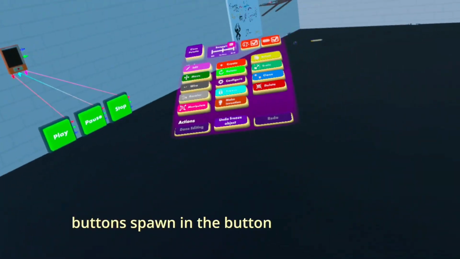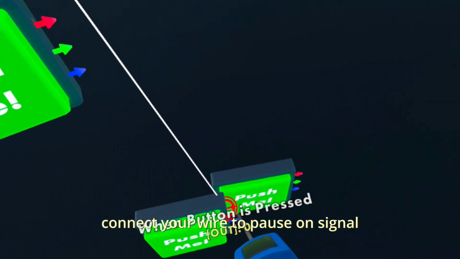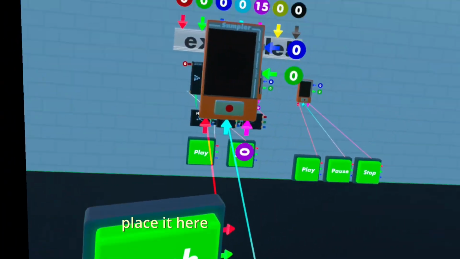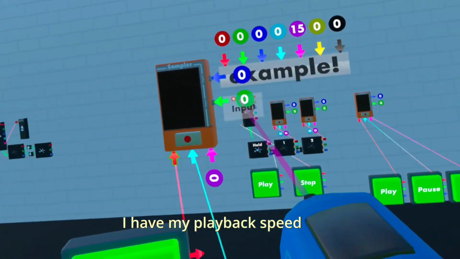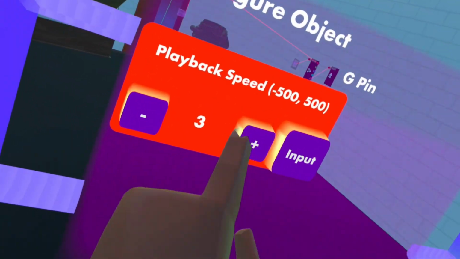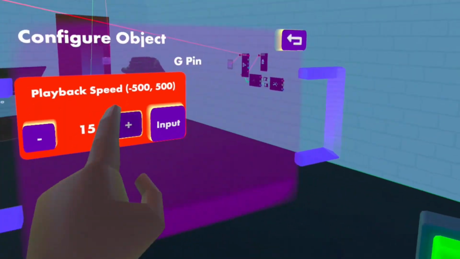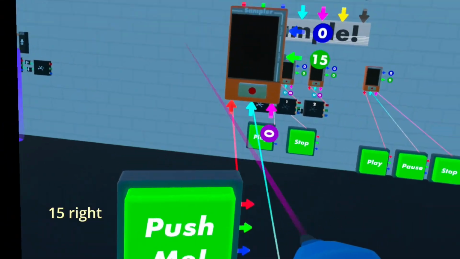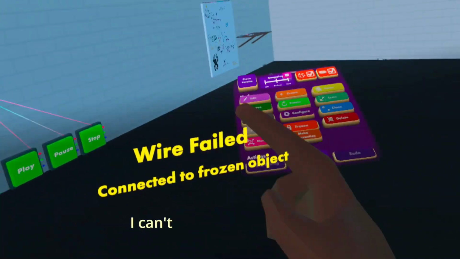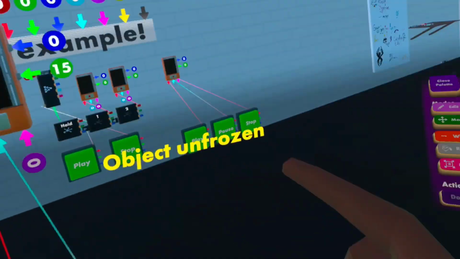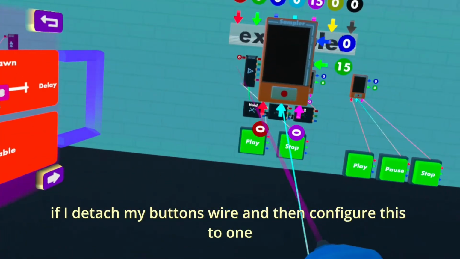Buttons, spawn in the button like I said. Wiring, connect your wire to pause on signal, place it here. Now, let's say I have my playback speed here. Let's have it 15, right? And let's say I detach my button's wire. No, I can't get it because it's locked. If I detach my button's wire and then config this to 1,